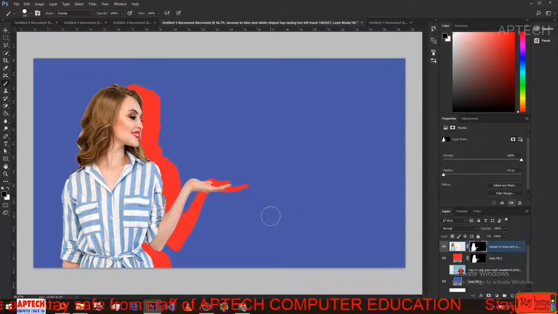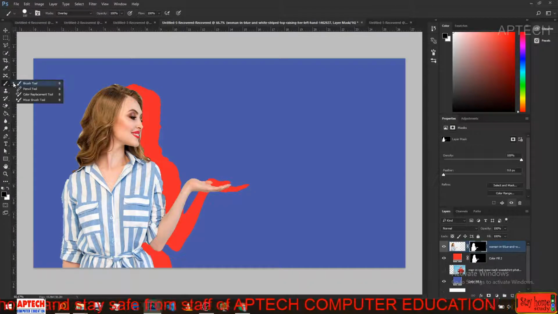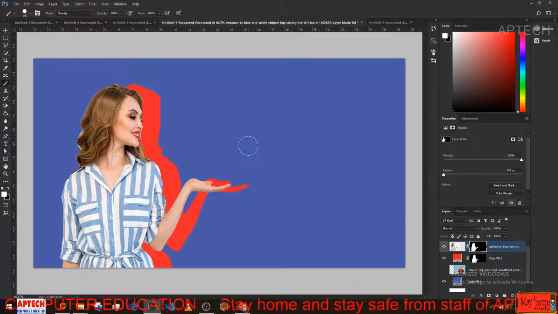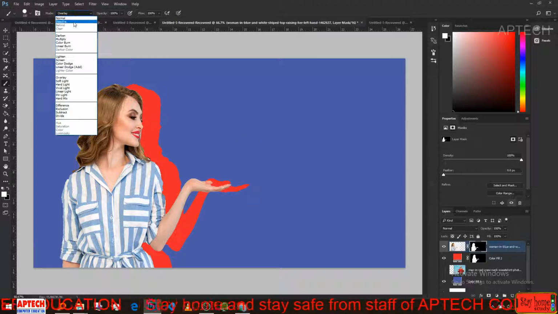White is area which is being viewed. So if you know that, then you can play around with layer masks as much as you want, and you can use the brush tool, as you have seen how I've used the brush tool to manipulate it in different ways. As you can see, this is black, so if I change it to white, normal,